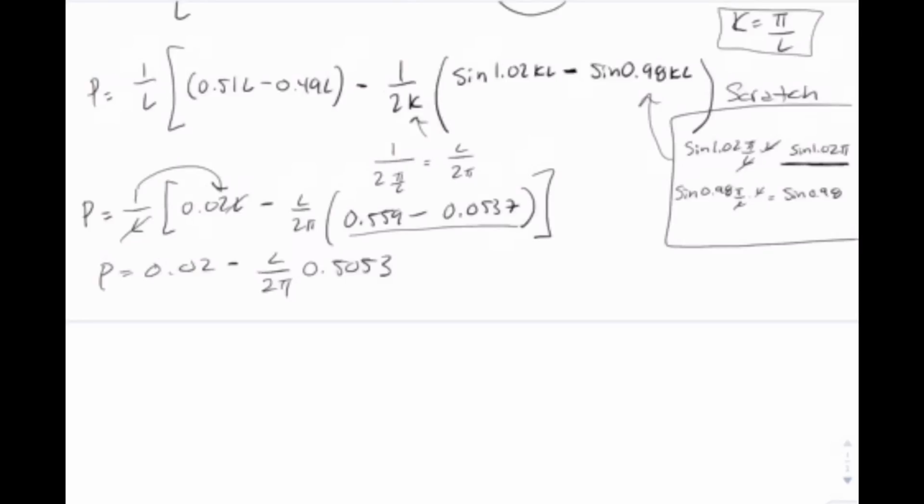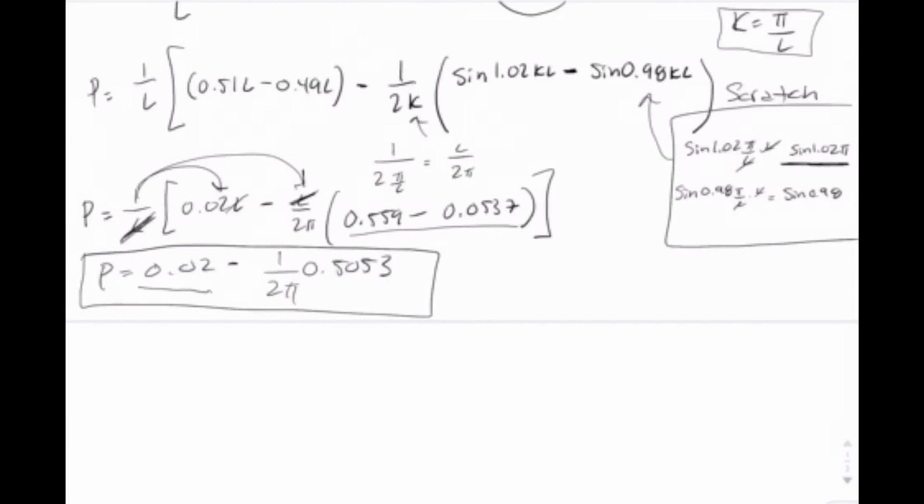And again, we can't forget that we should have distributed the 1 over L over here. So then this L and this L would cancel out, and we would just be left with 1 over 2 pi. So you can go ahead and continue on with the math. It's just going to be 0.02 minus